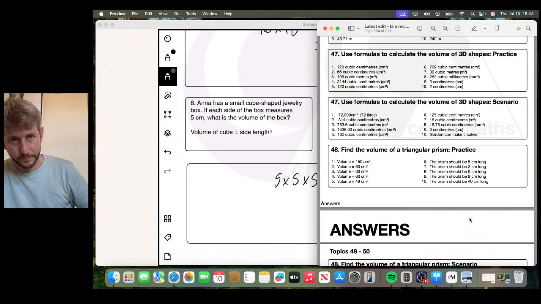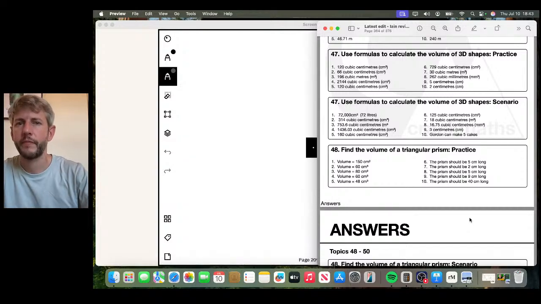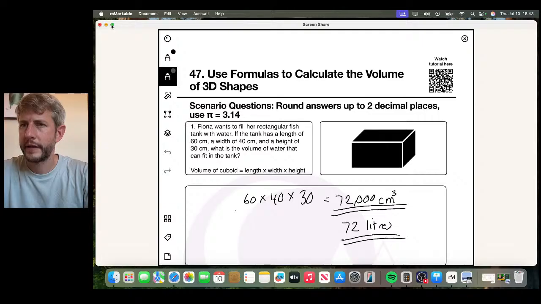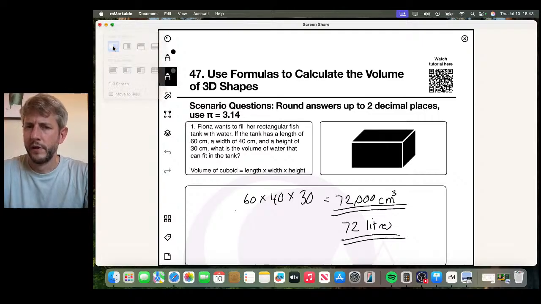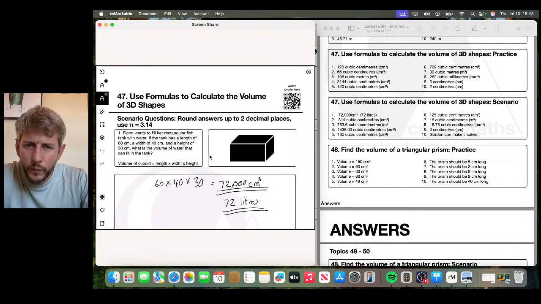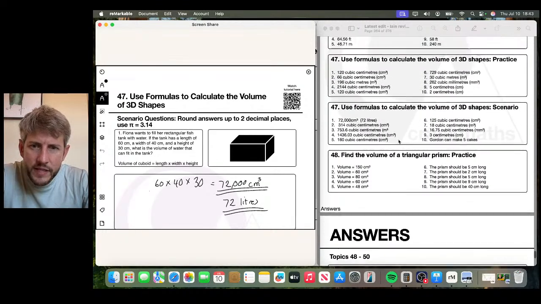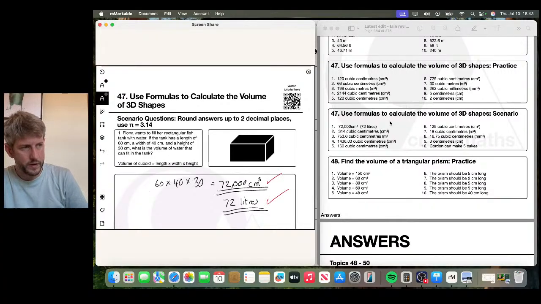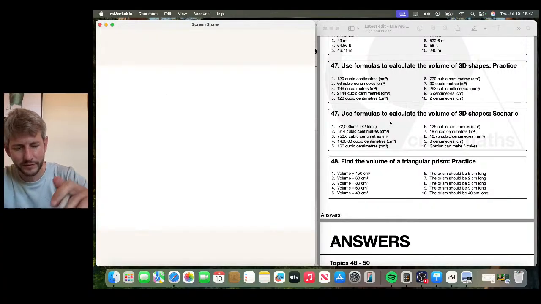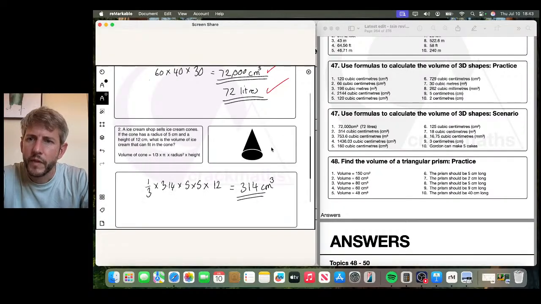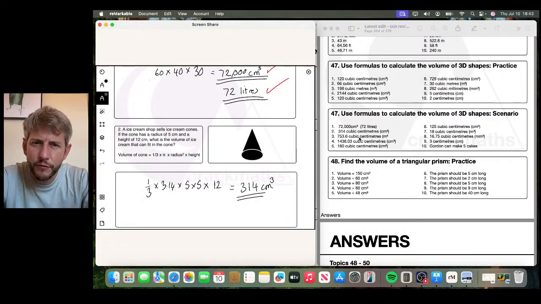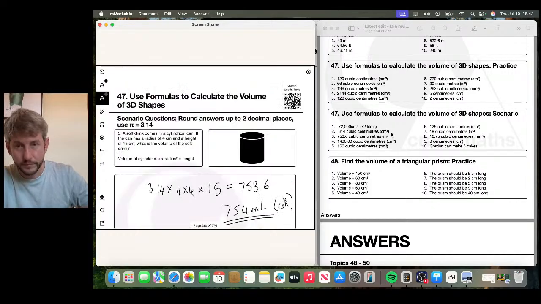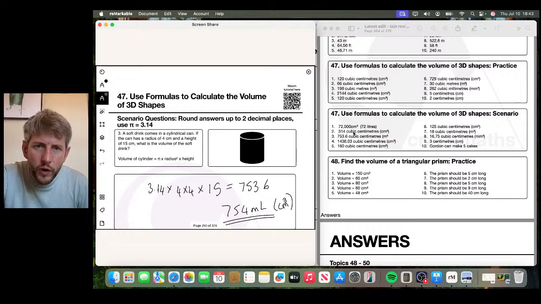Right, so what have we got here? The first one is 72,000 centimeters cubed and 72 litres. There we go, get a mark for both of those. Right, this next one we've got 314. Yep, perfect. Next one we've got